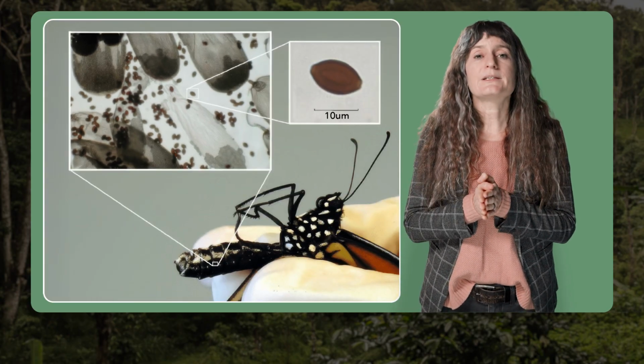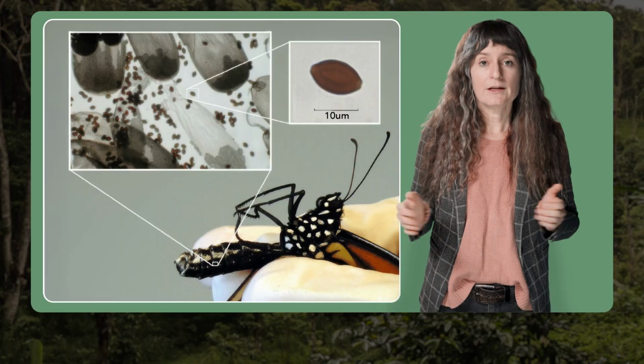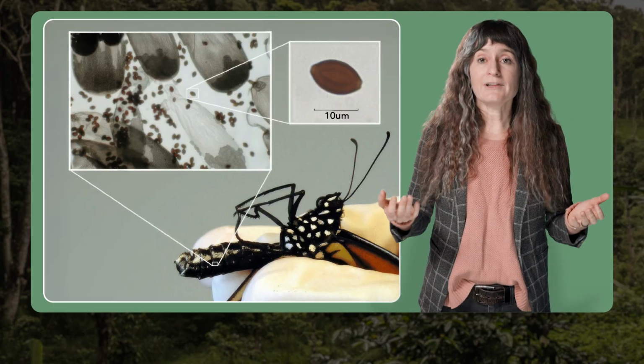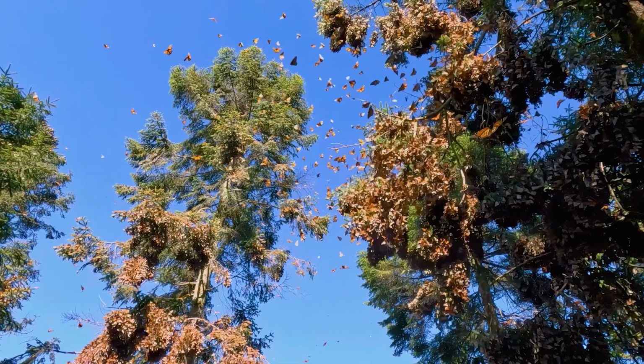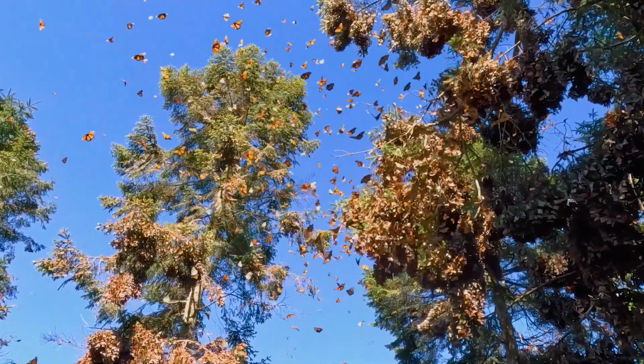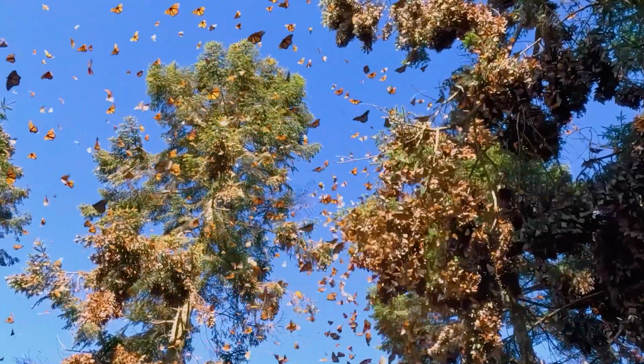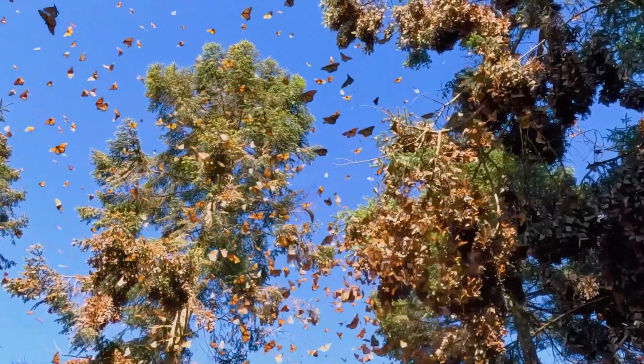This parasite is transmitted from one monarch to another, and it causes awful pathology of the wings, which makes it impossible for the monarchs to fly and ends up killing them. It's thought that migration might be an adaptation that the monarchs use to ensure that they leave behind habitats that have become contaminated with the spores of this protozoan parasite.